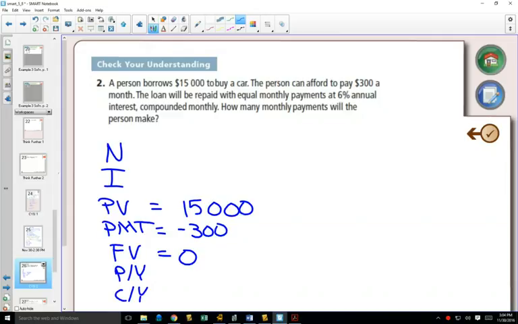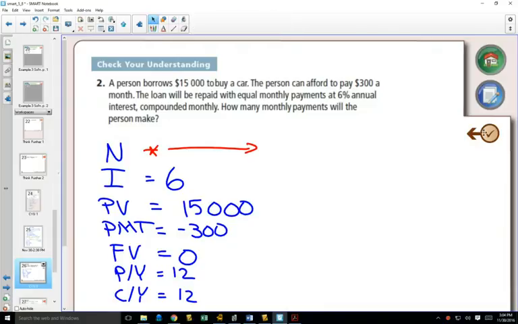The 15,000 positive is how much you owe, right? And you're subtracting how much you owe. That's right. Our interest rate is 6%. How many monthly payments? So this will be what we're solving for. It's compounded monthly, and we're making monthly payments, so both of these will be 12. Once all of that is in there,